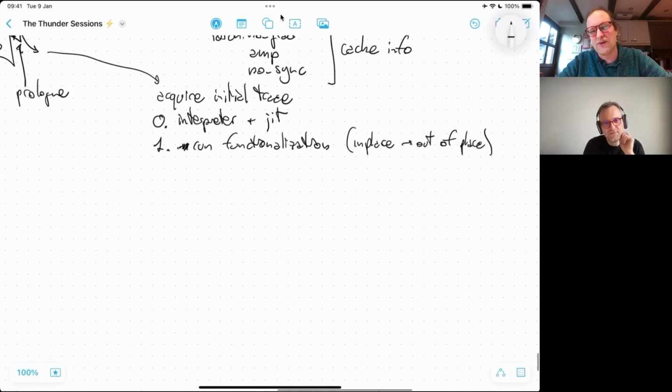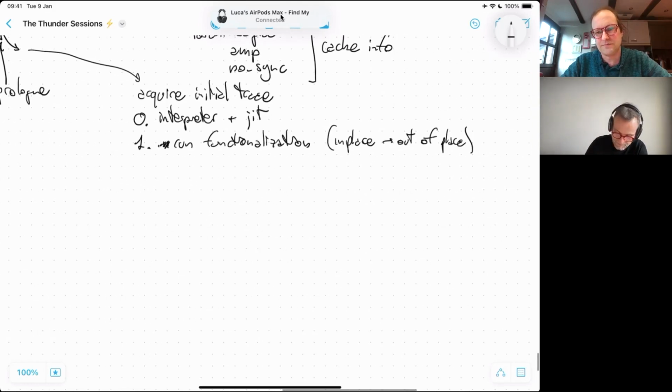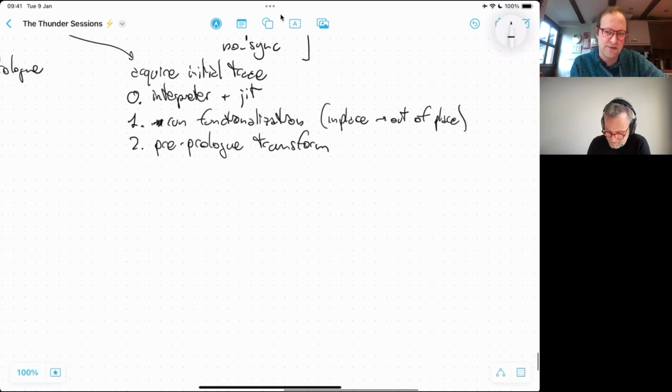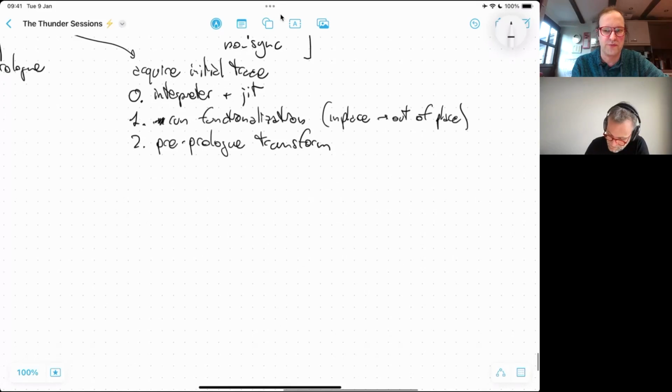But okay, so we run this functionalization, and then comes the first hook point for our transforms. Then comes this pre-prologue. This is the pre-prologue transform, right? Yeah, transform traces pre-prologue, I think, is the method name. It's a method on the transform class or on the object. And so this is where a lot of the transforms do quite a bit of work. So for example, the distributed